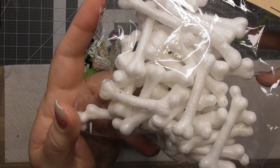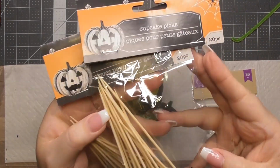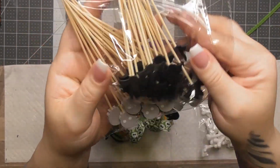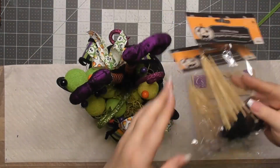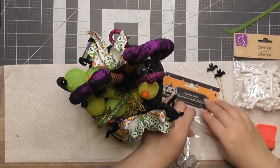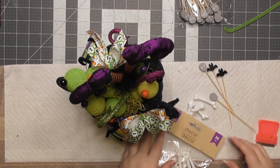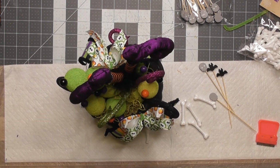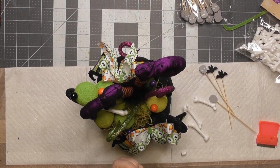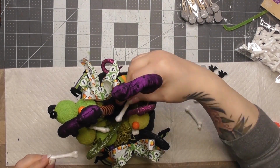because obviously here begins the more and the more and the more. So I've got these cute little bones from Dollar Tree, and then these here are Cupcake Picks. So these were super cute that I saw this year. They're like little wooden accoutrement for your cupcakes, but I'm gonna take them apart and I'm gonna cut off most of those sticks, and I'm gonna use them as picks in our decorations. So these little styrofoam bones here, they have a lot of glue after I'm done with it. They have a little bit of glitter on them, and they're so cute. And I thought it just added the perfect little